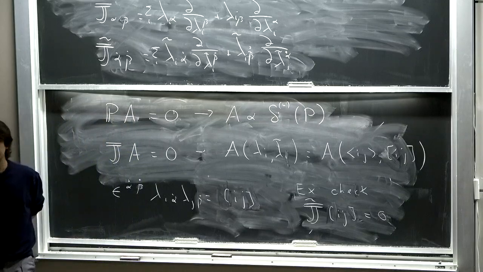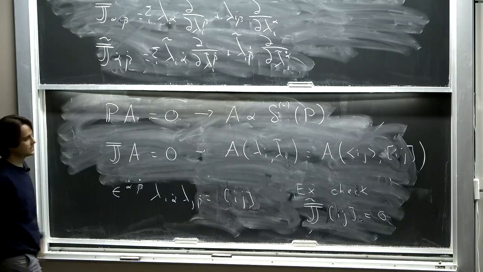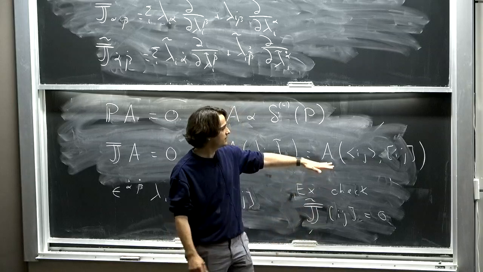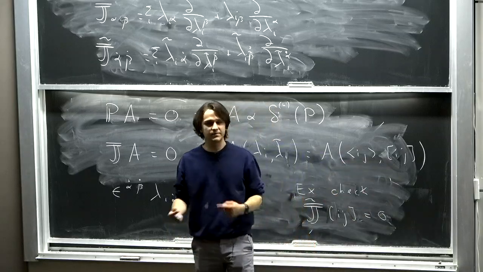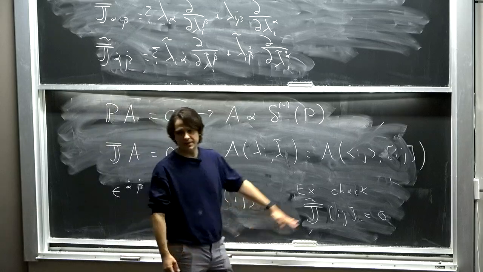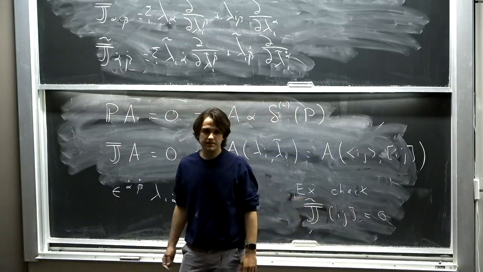Yes? Is this just a fancy way of saying it only depends on relative momenta? Or is it more than that? It's more than that, because it's actually transformed under the little group. The question is, is this just a fancy way to say that they only depend on relative momenta or square of relative momenta, things like that? No, it's more than that, because these things still transform under the little group of each particle.